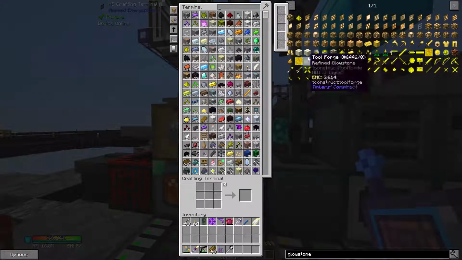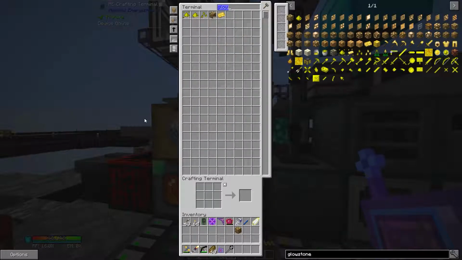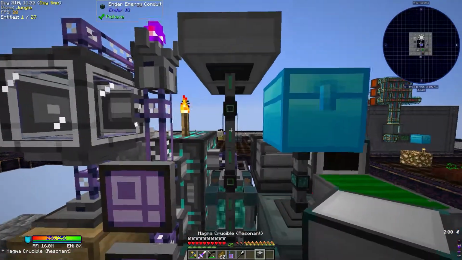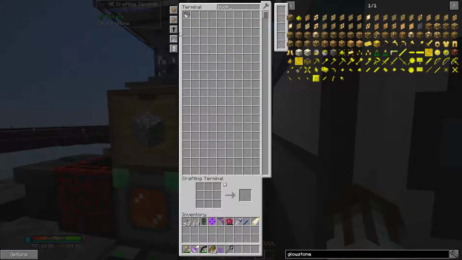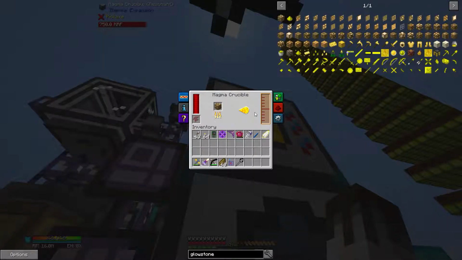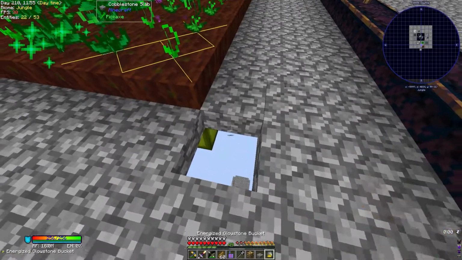Because I know basically the way it works is it is supposed to go upwards. I need 1,000, so I need a glowstone block. I need the magma crucible and fluid transposer. So fluid transposer and the magma crucible can go there. Throw you in there. Get a bucket, which we have a bunch of, luckily. Let's see if this works the way I think it will. If it does, great. If not, then we just might have to find a better way of doing it. So if I do that...